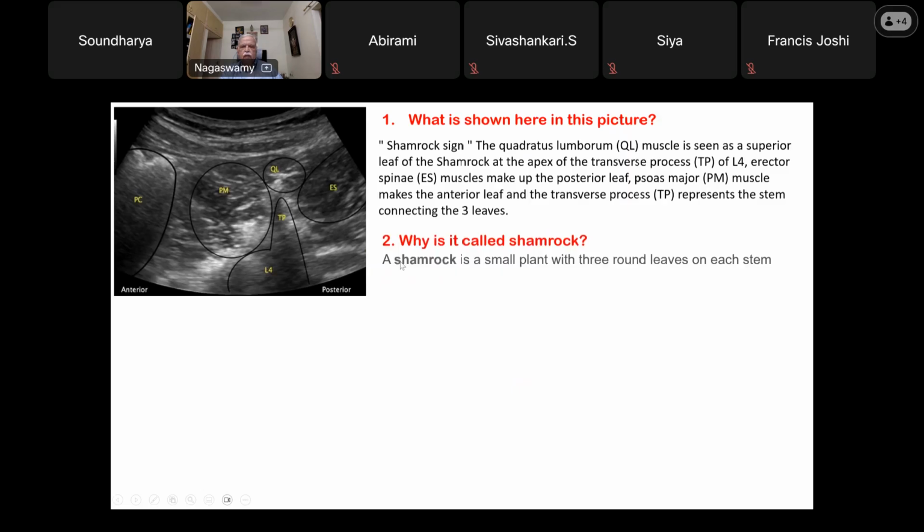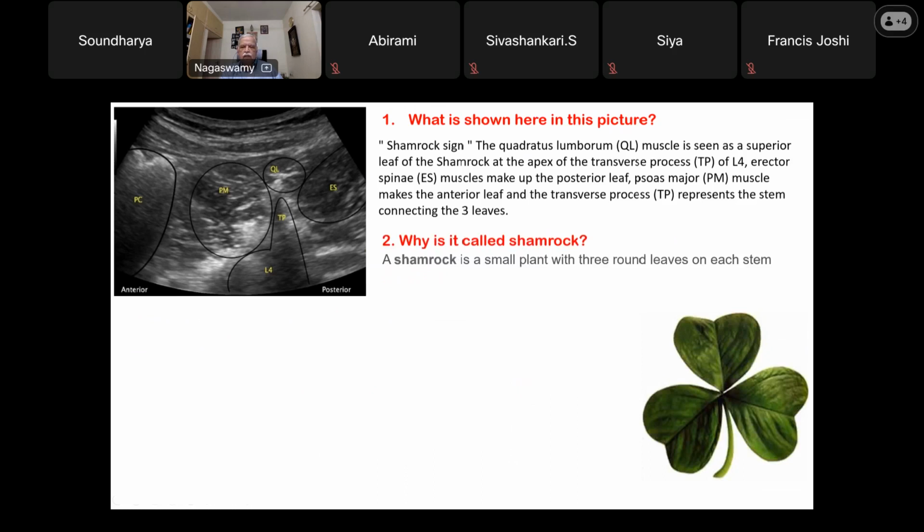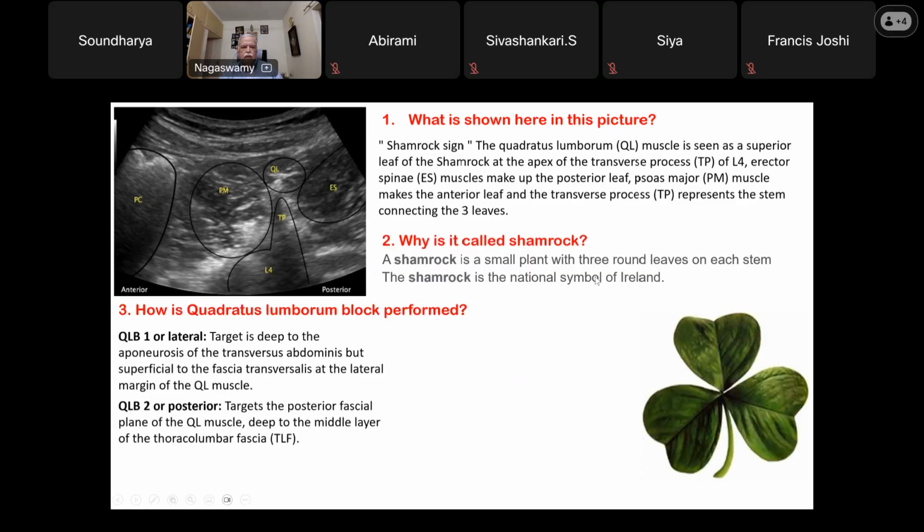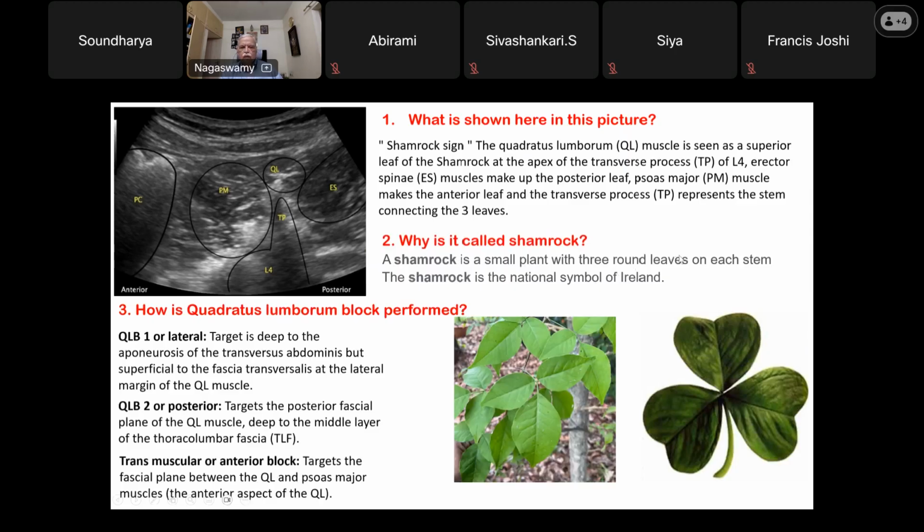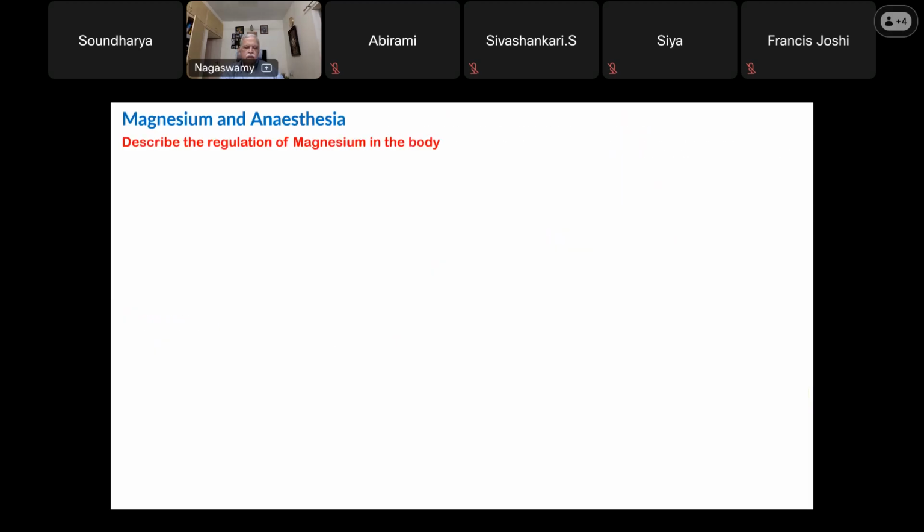It's a small plant with 3 round leaves on each stem. So this is how the leaves look, and this is also the national symbol of Ireland. And the quadratus lumborum block is performed in the lateral and posterior position, and these are the true vilva leaves that we use. It's called vilva leaves in English, but vilva in Tamil. So that's all about the